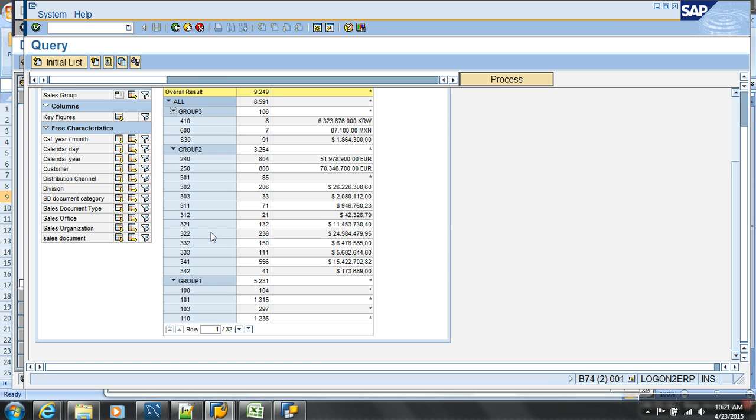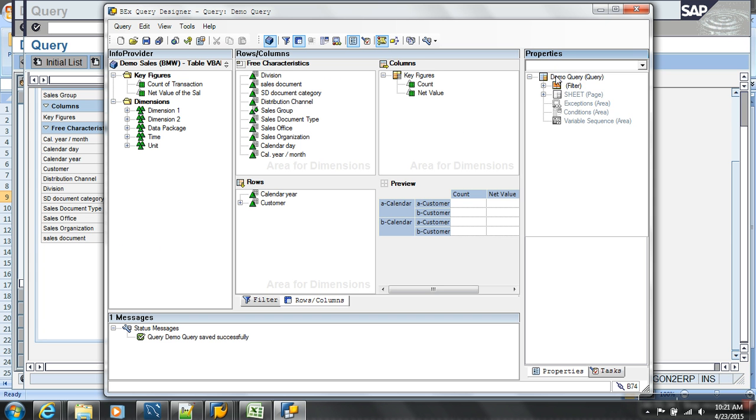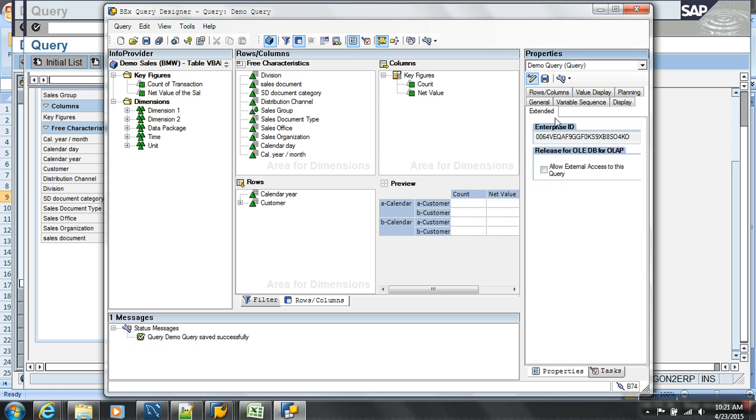Okay, I was just demoing how BW is what we implement as a data warehousing solution like this. Now I am able to integrate data from multiple systems and model the data, then do reporting. And these BEx queries can be integrated into BO. If you want to integrate into BO, just go to query properties. You enable this checkbox, allow external access to query. Then they can start consuming this query in the BO environment also. If you just enable the checkbox, they can start consuming in Business Objects.